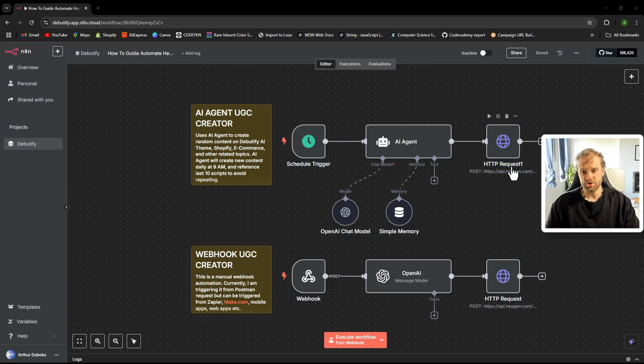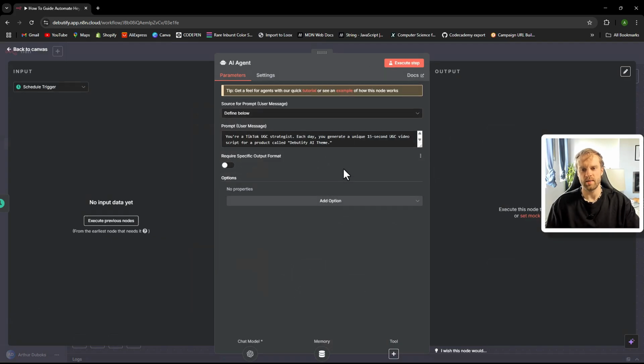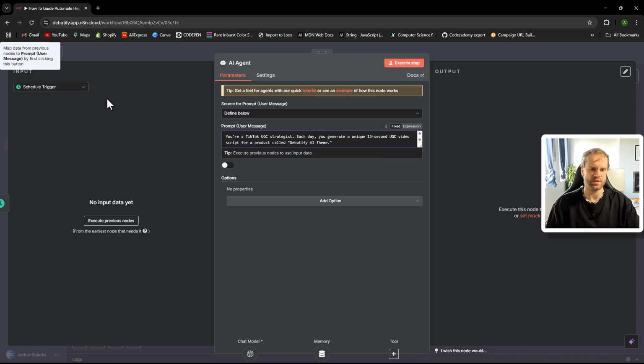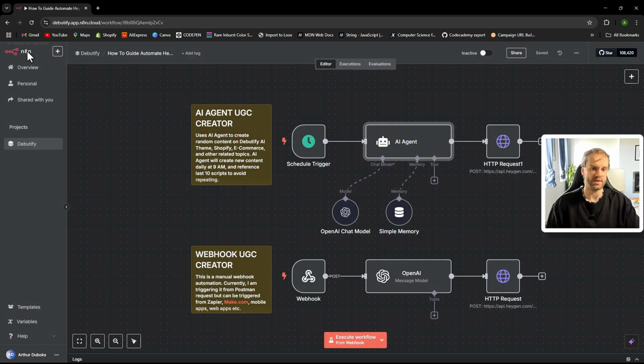Okay, and essentially that's how we got all the data that was needed to make an HTTP call or request to Heygen's API and to generate the video with all the data from the AI agent. And again, guys, you can always make sure that you prompt your request correctly, because here I'm asking essentially for it not to repeat itself, and also you can ask it to make sure to reference the latest topics on the